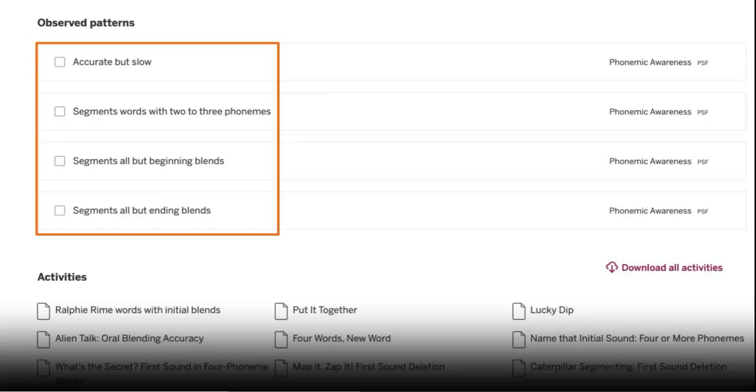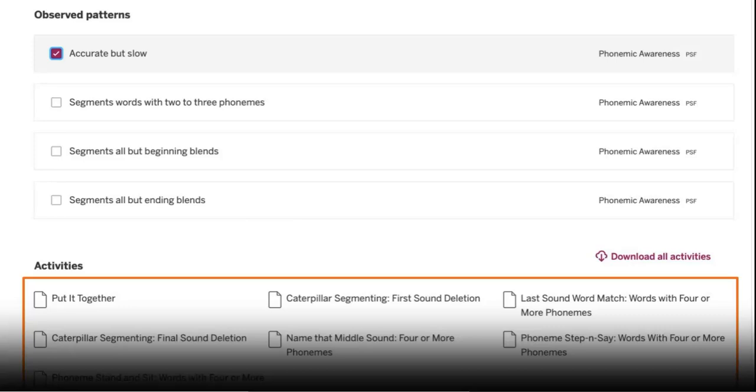These are the observed patterns these students have in common based on their performance on each of the measures listed to the right. They're accurate but slow with segmenting. They segment words with 2 to 3 phonemes, and they segment all but beginning blends and segment all but ending blends. Again, if I select one of these patterns, I see all of the recommended activities that address this pattern